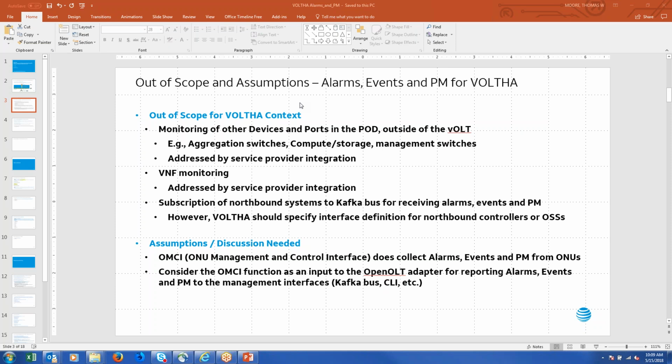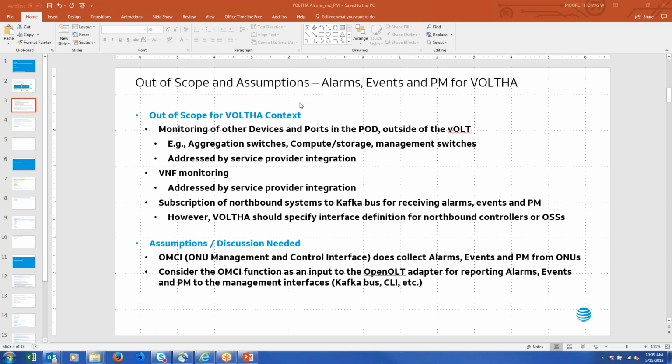I'm proposing here that it be addressed by service provider integration, at least until we get some common definition, possibly of the pod management. So I'm willing to discuss this and make adjustments as needed. If we have a direction on pod management and want to be more specific, we could do that probably